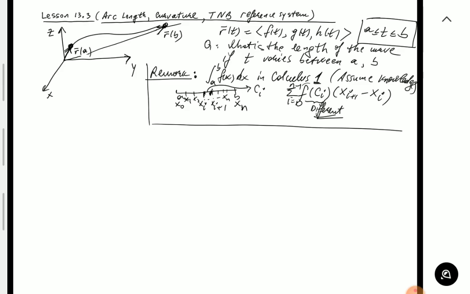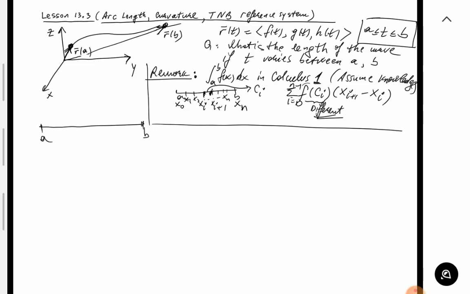We're going to have integrals to compute, for example, center of mass, surface integrals, double integrals, triple integrals, and so on and so forth. And the principle is the same. The shape of the domain will be different, and what we evaluate the function on, again, is going to be different. So going back to the arc length, the domain is from A to B,